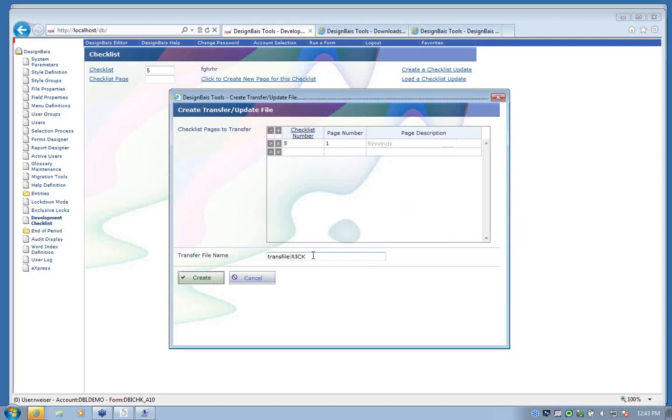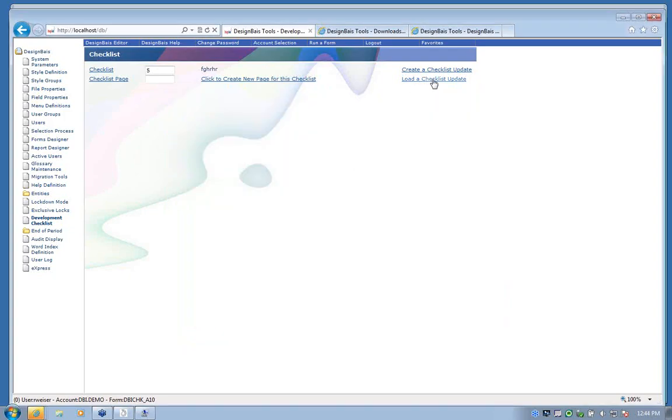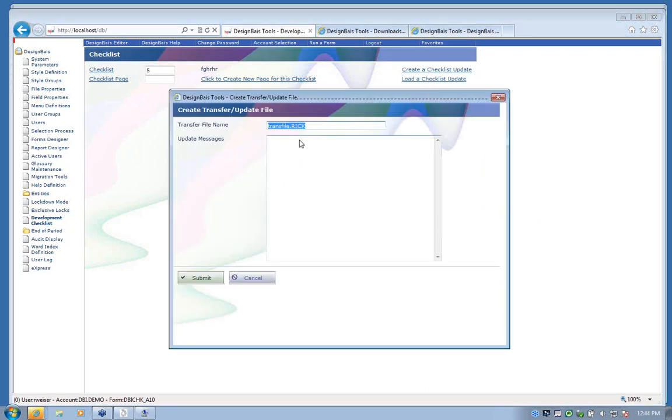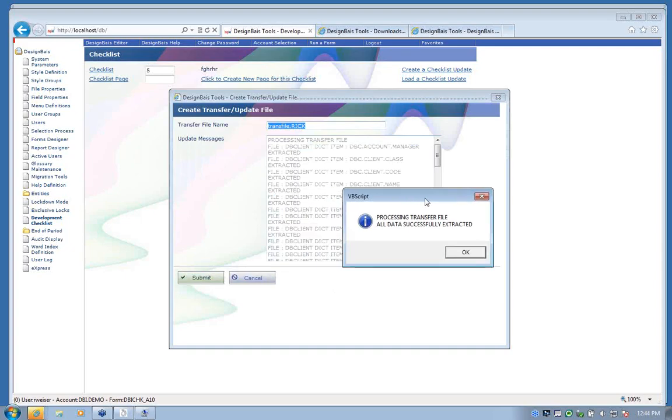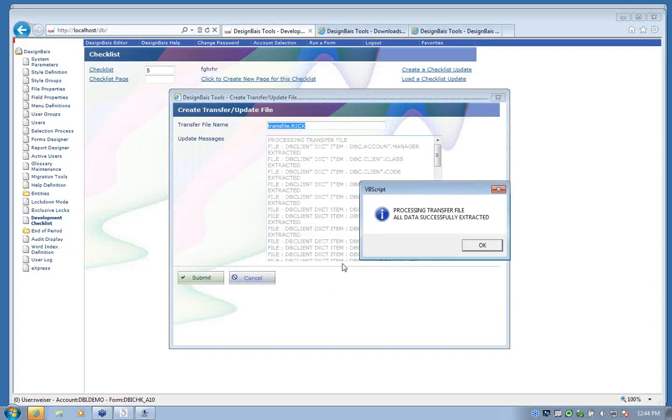And in most cases, in U2, QM, and jBASE, db-lib is a directory. So you can just take that, this is all it is, a text file. You can take that text file out of db-lib and move it to another machine, and then click on the load checklist, put in the checklist name, click the submit button, and it moves all of those items into the